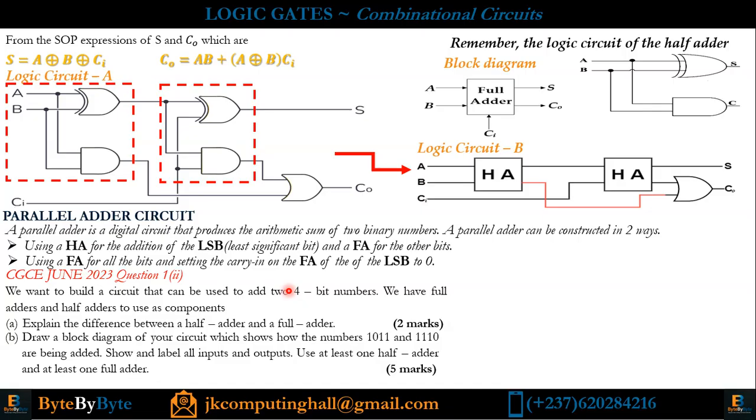Good. In this question B, we could use any of the two cases above, but since the question precisely says at least one half adder, they are already implying that it is the first alternative we are to use. Okay, first of all, differences between a half adder and a full adder. There are a lot of differences you can give. Like for example, a half adder adds 2 bits, whereas a full adder adds 2 bits with an incorporated carry in.